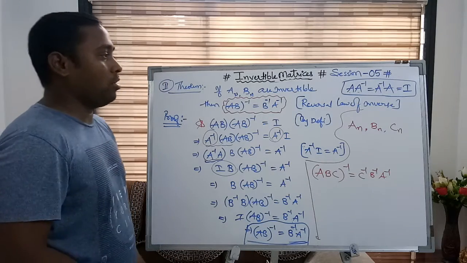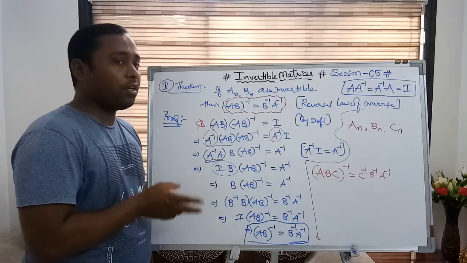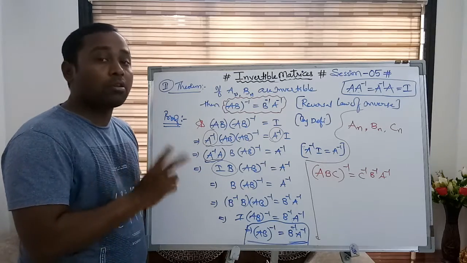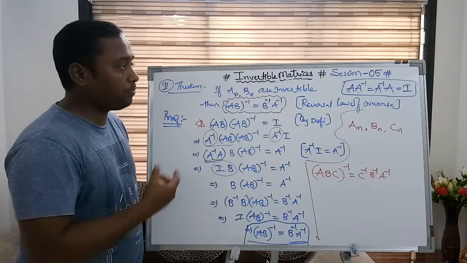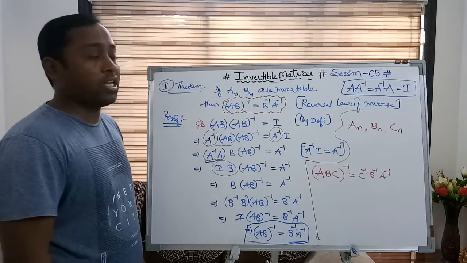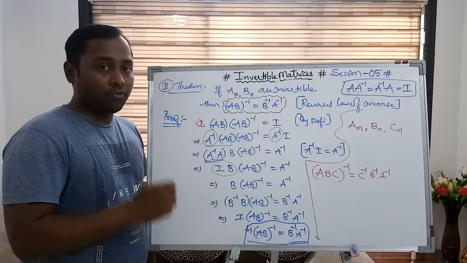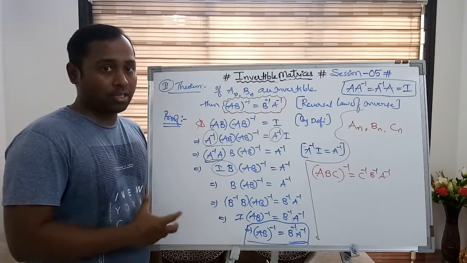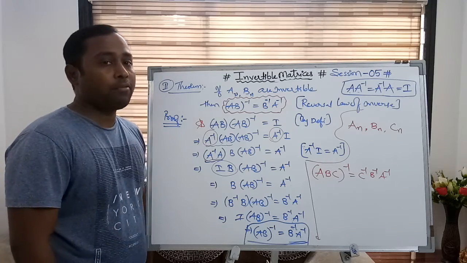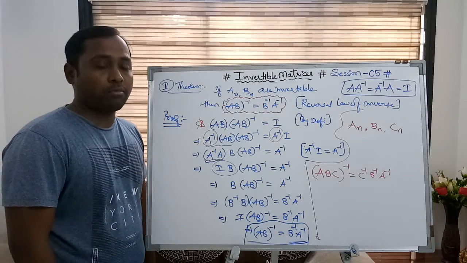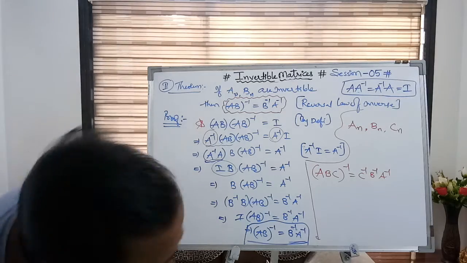So this is the theory, you can say. We started with the definition. We also derived the two theorems here. Now we are moving to the elementary transformation method, where we are going to find the inverse of a square matrix. We are discussing inverse. So what does inverse mean here, and how can we find the inverse of a square matrix? How many methods are available? Right now, let's see.